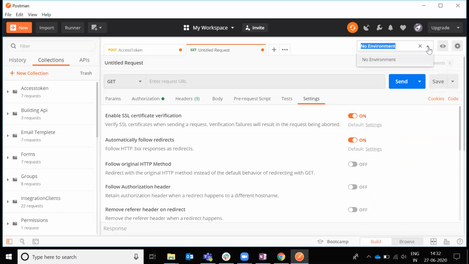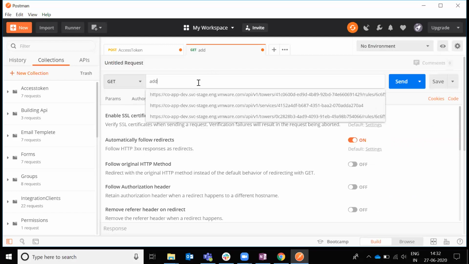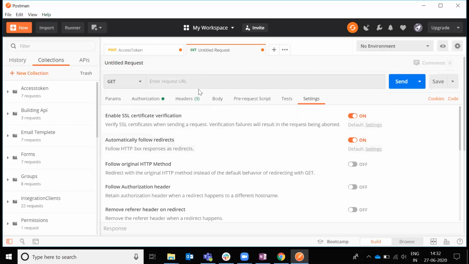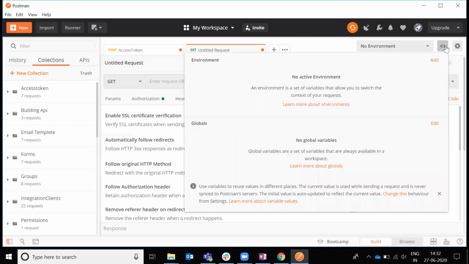In this environment, if you save any variable, that is called a global variable. These variables you can use wherever you want. Like if I'm now adding a user API, then what will happen? In this URL, you can save some parameters. That parameter is required for some other APIs also. If you save it here, then you can use it in those APIs. This is called saving parameters: environment variables, global variables, whatever kind of variable you want to save.